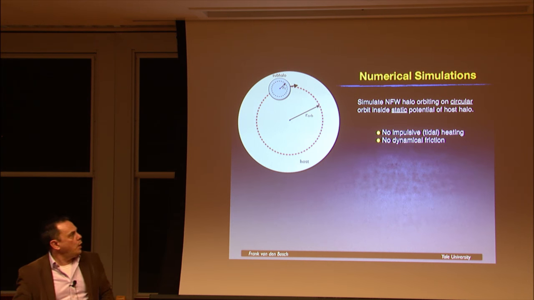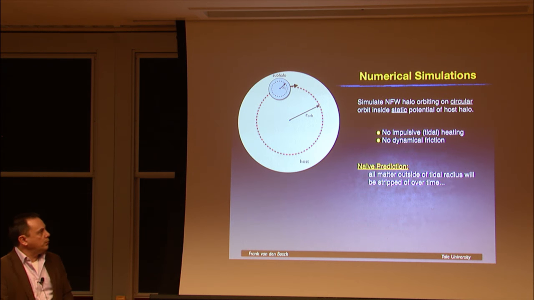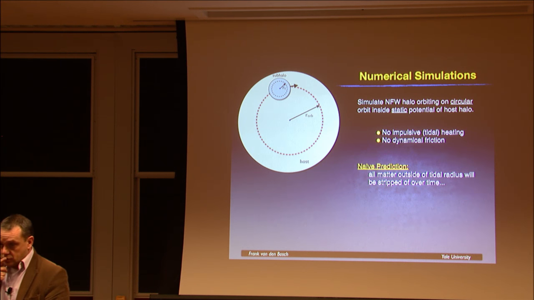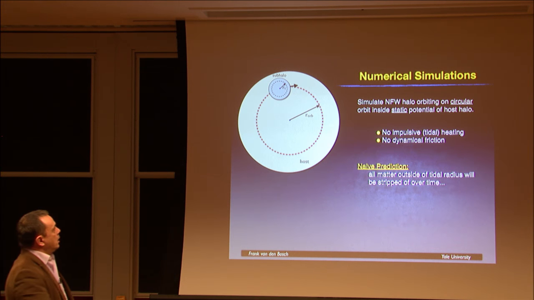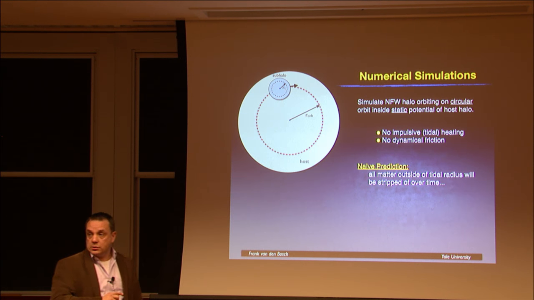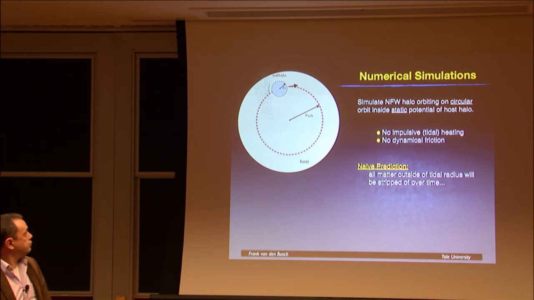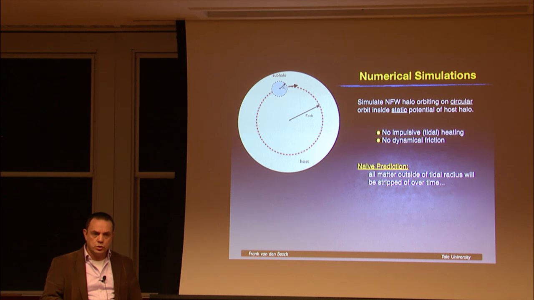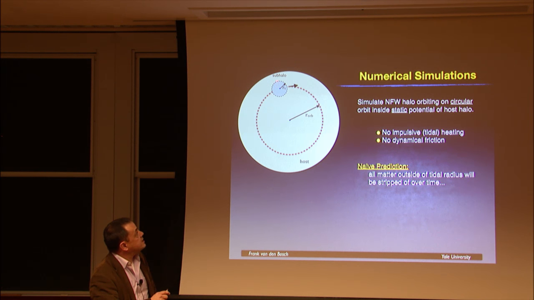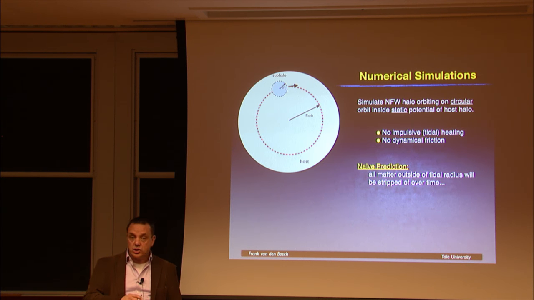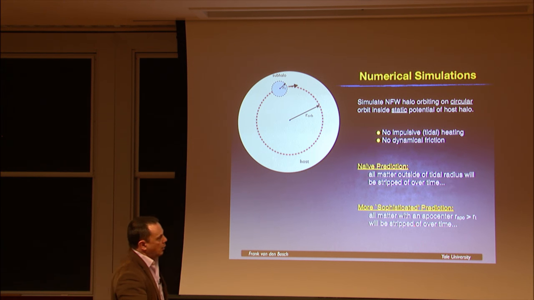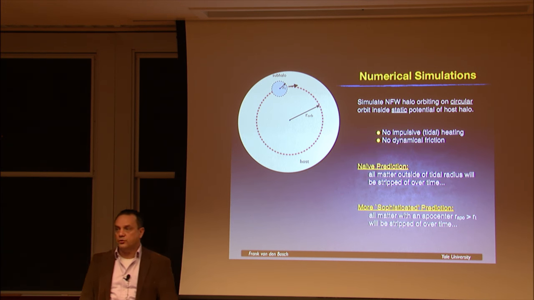So what are we to expect is going to happen? Well, a very naive prediction would be, you can calculate, yes, the host halo is not growing, it's fixed. So you can calculate the tidal radius. You can say, oh, all the mass outside of the tidal radius will be stripped off over time. And this would be a very naive prediction, because clearly that can't be the solution, because there are going to be particles here that have orbits that have an apocenter that lies outside of RT. So they should also be stripped off over time. So a more sophisticated prediction, if you like, is that all the mass with an apocenter outside of RT will be stripped off over time.